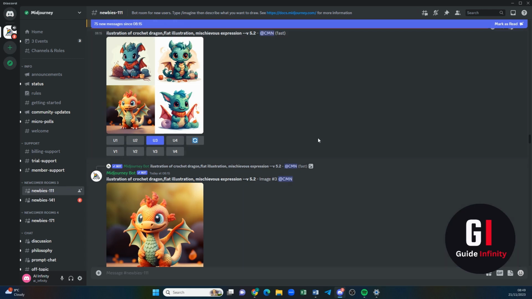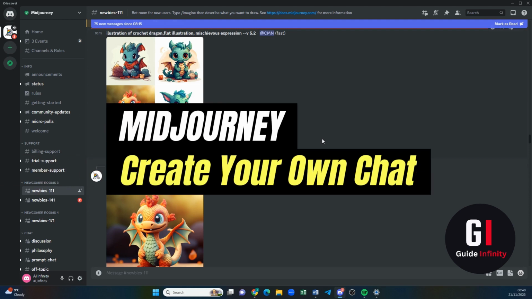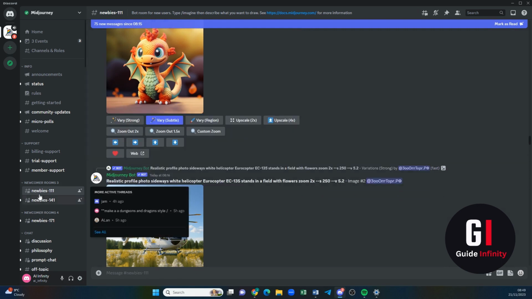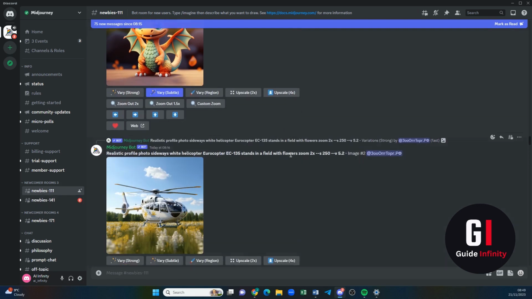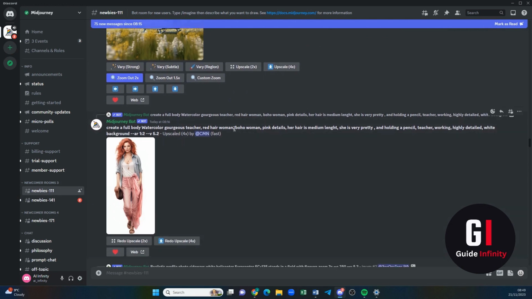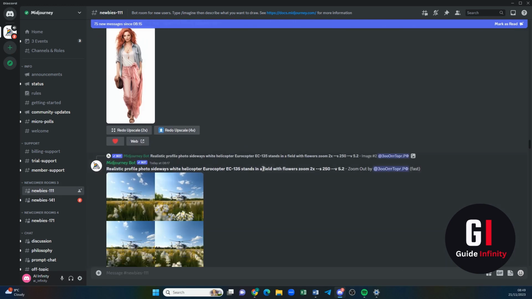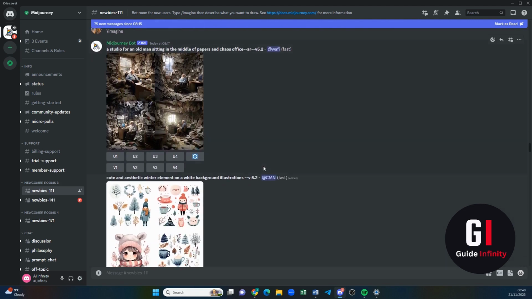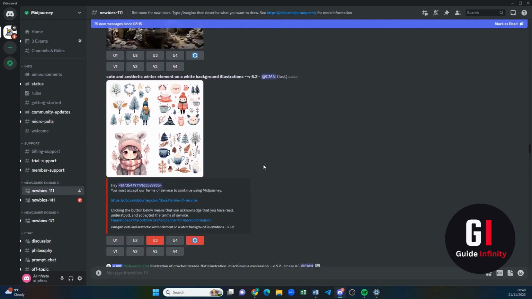Hey everyone. So today I'm going to talk to you about how you can create your own chat with the Midjourney bot. As you can see, it is amazing being in these newbie rooms because you get to see what other people are creating. You get to look at their prompts, and it's amazing to learn from other people. But it can get quite noisy. You can lose your work, and it's nice for you to just be able to chat with just you and